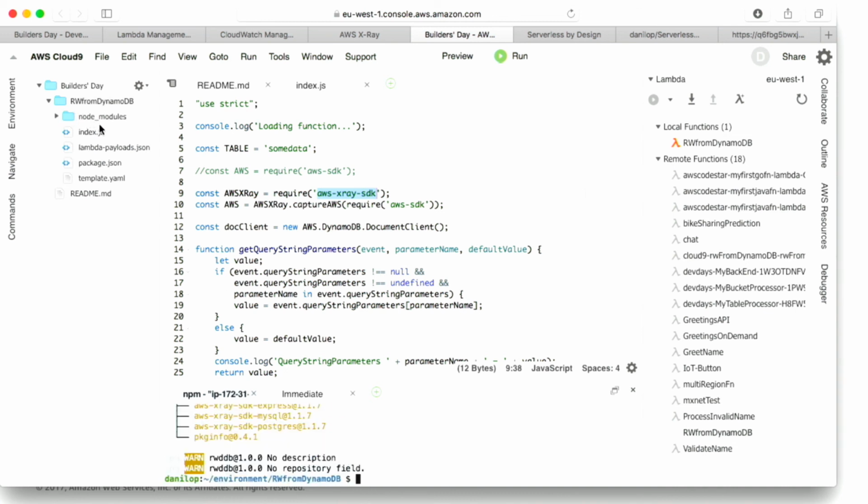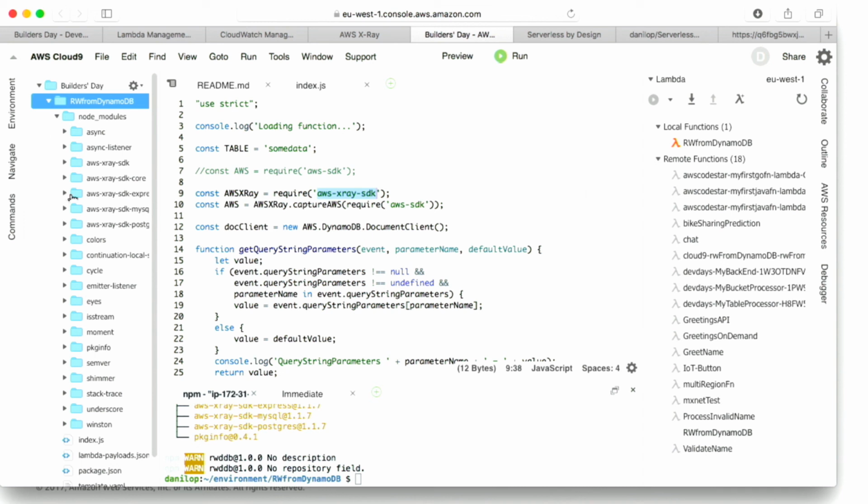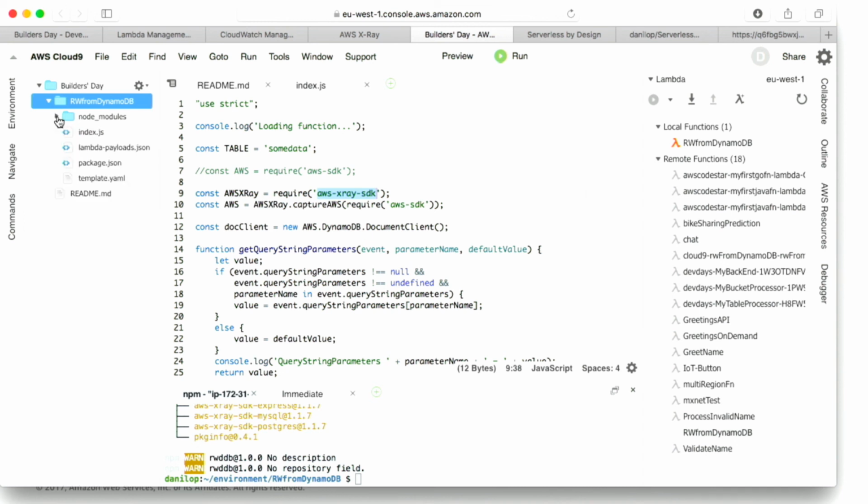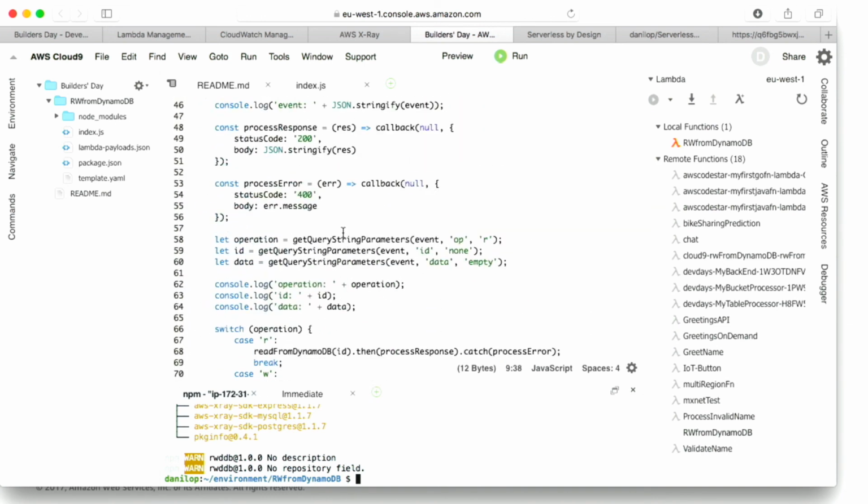And you see now I have here a directory with the node modules that are being installed. As usual with Node.js, you install one thing, and there are 200 dependencies. But that's another problem. And now I have the dependency here. Everything is here. I can test the function locally if you want, using